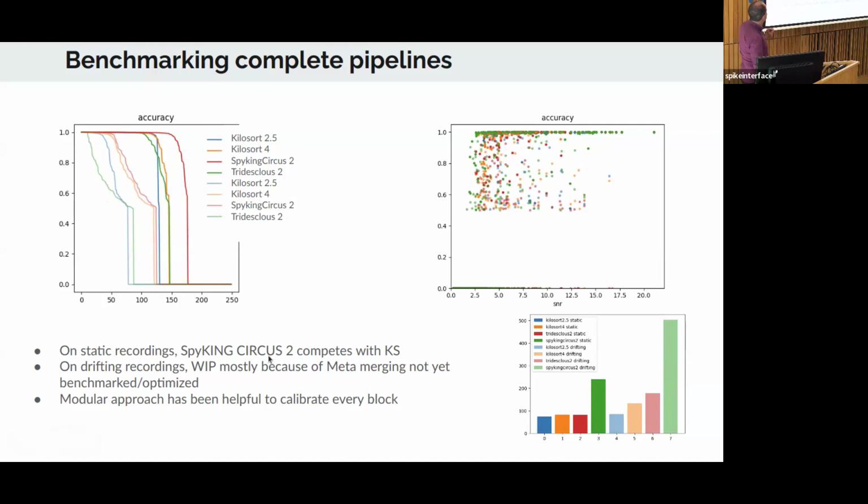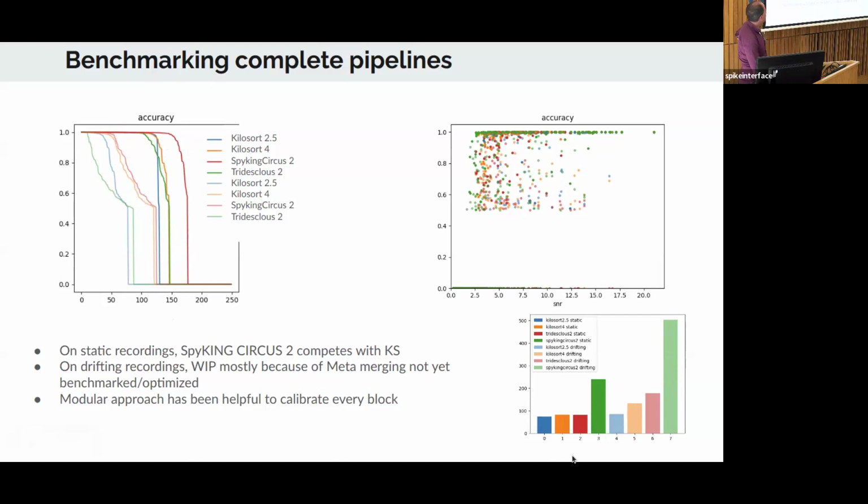So by opening the box, we started to make advised choices, and this modular approach, I guess, will be fruitful. It's not finished, because clearly in the case of the drifting situation, two options have to be followed: either template matching that will be aware of the drift, or working more on the meta merging step, because at the end of the day, that's mostly what Kilosort did. It's to improve the way of aggregating pieces of cells that have been found, but it has to be concluded.